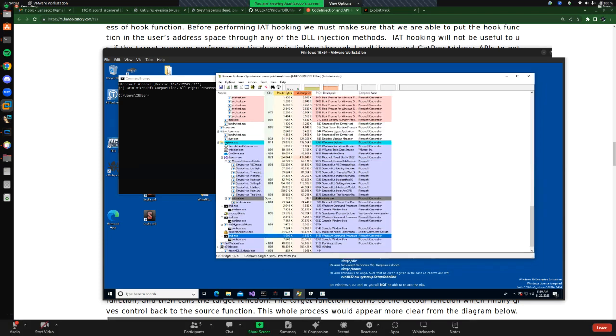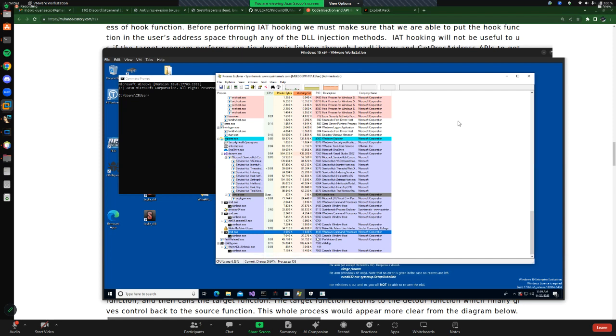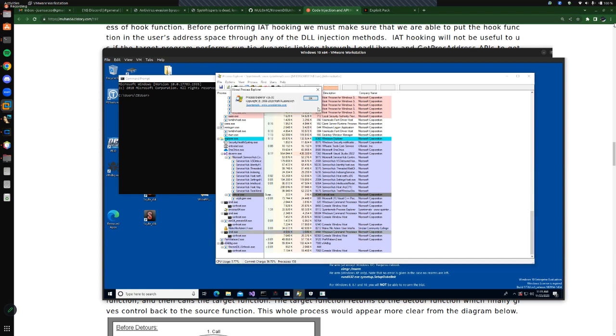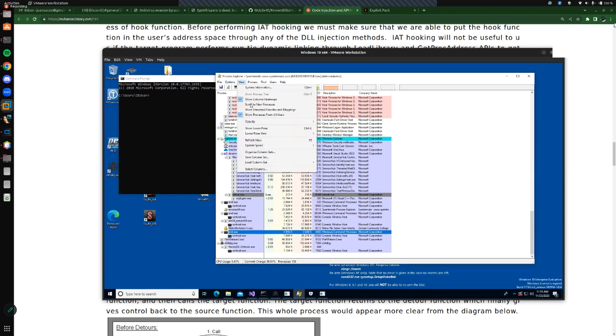When I spawn this CMD, it gets assigned a PID, the working set, and the private bytes. This is basically the amount of memory it is using, and then of course you can see the CPU. Besides that, this is from Sysinternals. This is one of the Sysinternals tools, called Process Explorer. And here's something you can do: you can click on Show Lower Pane,